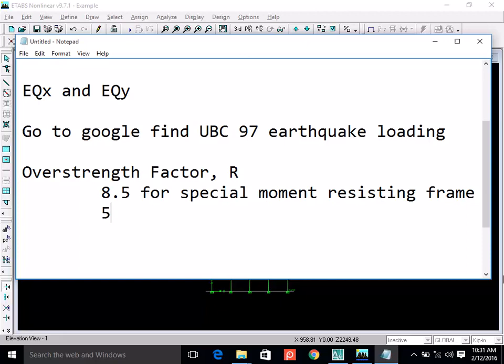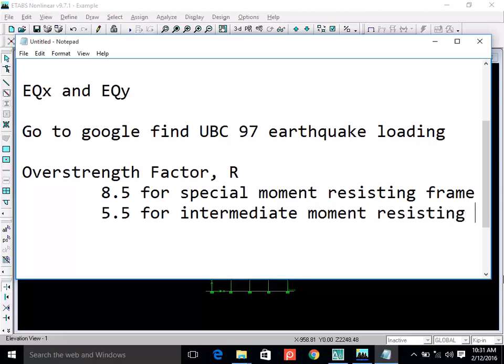It's 5.5 for intermediate moment resisting frame, and this value is 3.5 for ordinary moment resisting frame. Okay,